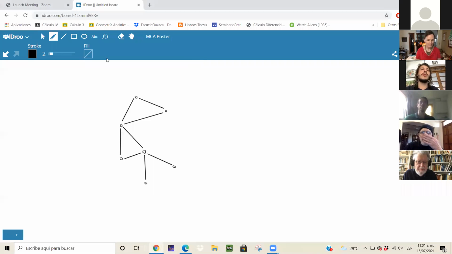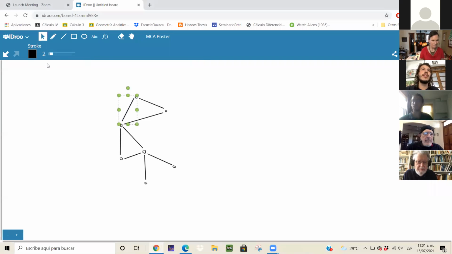For example, if you have a simple graph, then you can always contract a maximal subtree. So let's say we're gonna contract this edge, this edge, this edge, and these other edges. So I'm gonna mark a maximal subtree, and then you can always contract it to get basically a wedge of circles. So we contract the maximal subtree, and we get 1, 2 circles. So we get a wedge of circles.